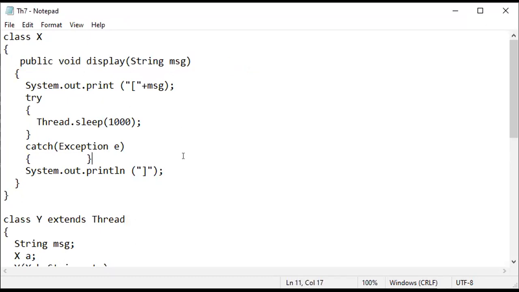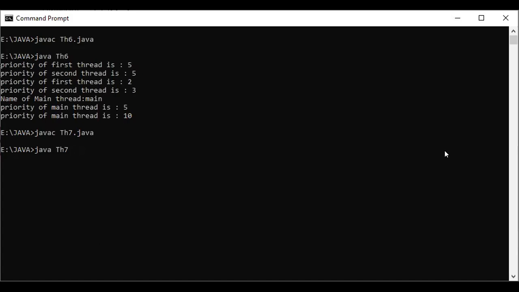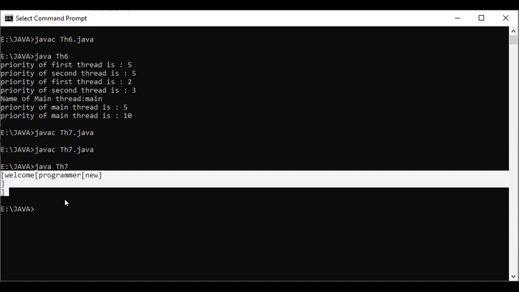And saving this one and going to the command prompt. Again, I'm compiling this one. As it is compiled, now I'm executing java th7. If you observe, the three threads first executed the first statement before sleeping, and later they sleep like this. So our aim is not achieved here.